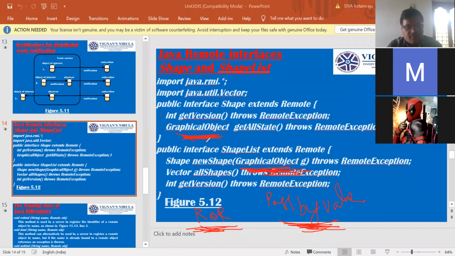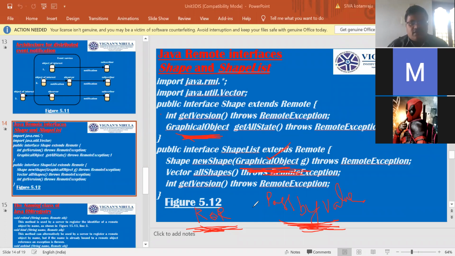When an object is passed by value, a new object is created in the receiver's process. The methods of this new object are invoked locally, possibly causing its state to differ from the state of the original object in the sender's process. Clear? So we pass non-remote objects by value, and remote objects by ROR, the remote object reference.